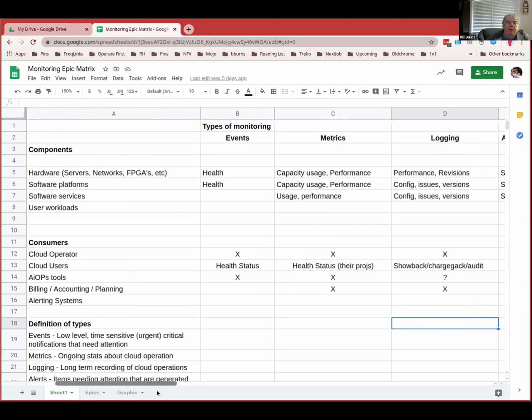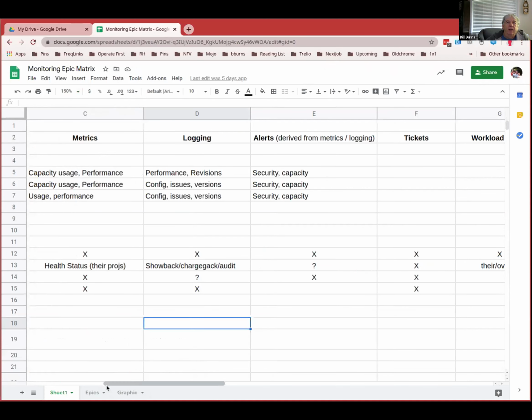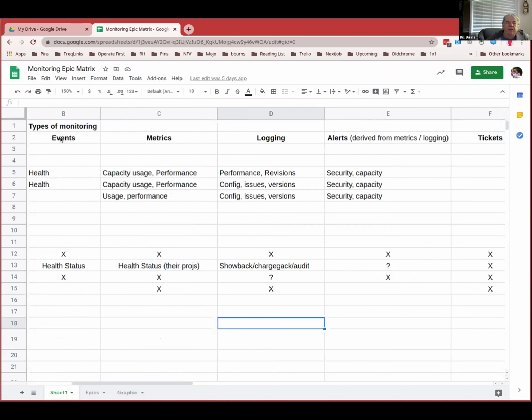Just a quick background here. Across the top, I listed the different categories. Events are low-level things that need to be acted upon immediately, and they can't afford to go through a lot of collection and analysis. Then metrics, which is operation of the cloud and helps in planning and usage. Logging is important, and then alerts, which often get confused with events.